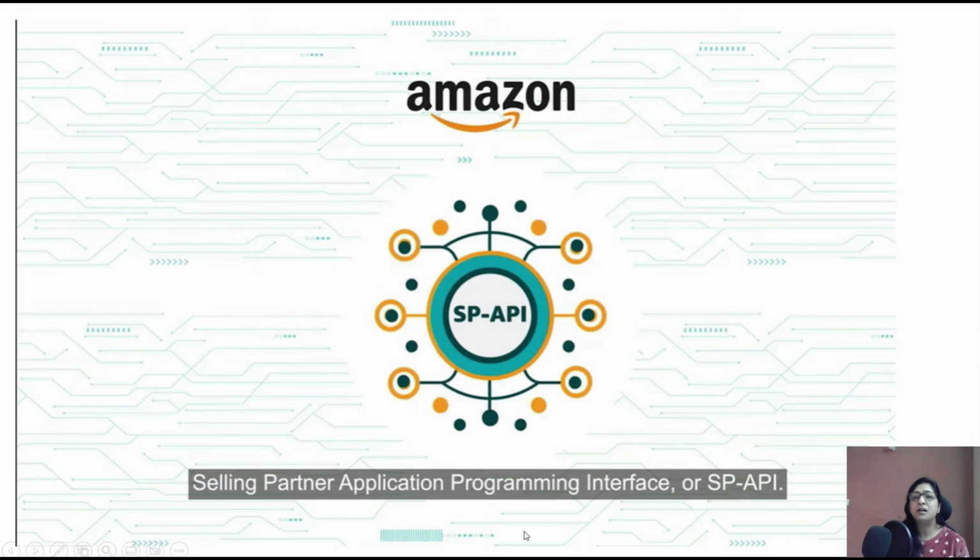Amazon has come up with a Seller Partner Application Programming Interface. And when you use this, you can have programmatic access to all the processes that you do manually on your Seller Central, which means you can implement a technical aspect where you can automate the process of listing, fetching orders, generating sales reports, and your shipment. Anything and everything that you do manually on your Seller Central can be automated. So if you're willing to automate this process, let's start this topic of SP API.